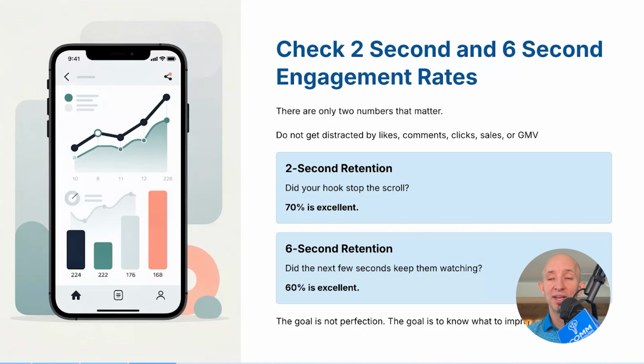And what you're going to do is just change the hook. So instead of, hey, calling all teachers or calling all toddler moms, change it to calling all professional stay-at-home women, or something like that. That was a bad example. Or do you want your kid to be the smartest kid in preschool, or the smartest kid in kindergarten, etc.? You could change each of those hooks, right? You could do that simple thing and say, do you want your kid to be prepared for preschool, or is your kid ready to enter kindergarten?